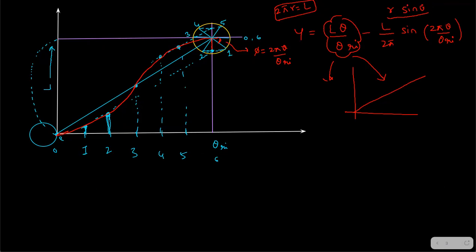So here, let's say that this is r sine phi. R is L by 2 pi. Okay. So what is this component? This r sine phi is this vertical component. So you are subtracting this vertical component. See, you subtracted here from this vertical line. Actually, you wanted this point, right? So this was the total height. From this height, you subtracted this height. That is what the equation is saying. That is your cycloid.